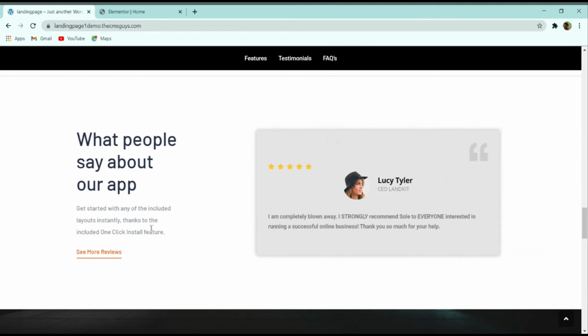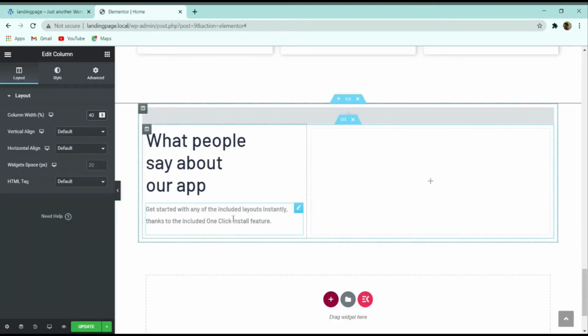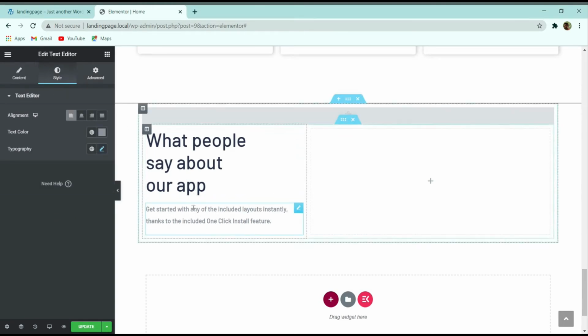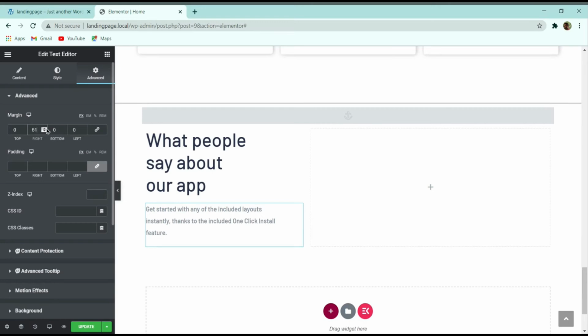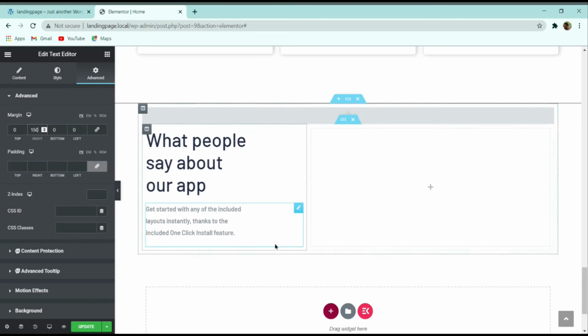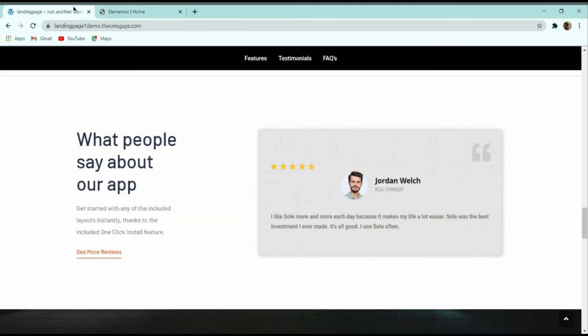So after that here you can see that there is a difference in text. So for this one what we can do, I will go to the advanced part, and here I can give a left margin, or sorry, I can give a right margin to it. Suppose let me give a right margin of 50, or I can increase the margin to 100 also. So these margins and all completely depend upon you. So suppose let me give a margin of 150. I think 150 is looking good.